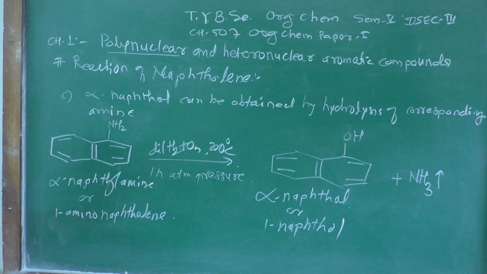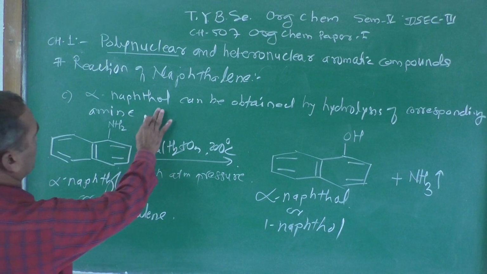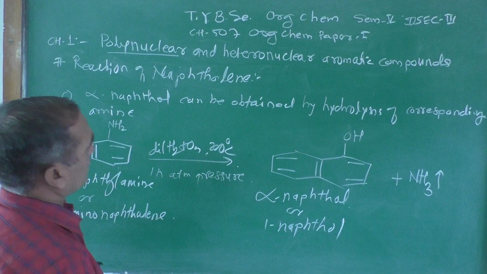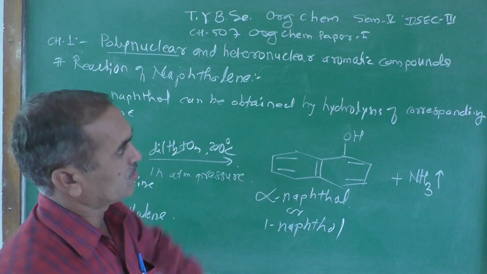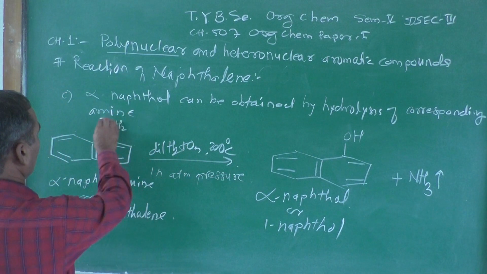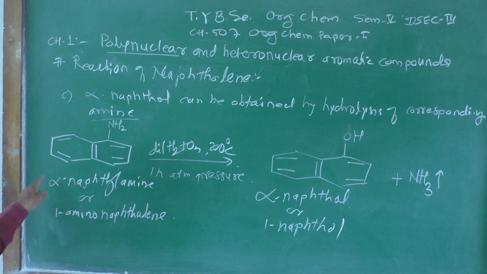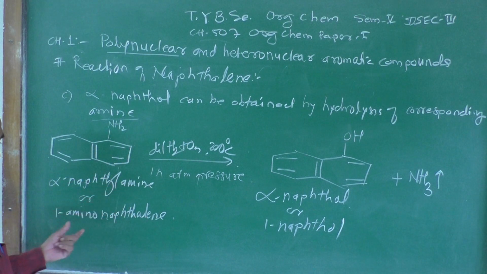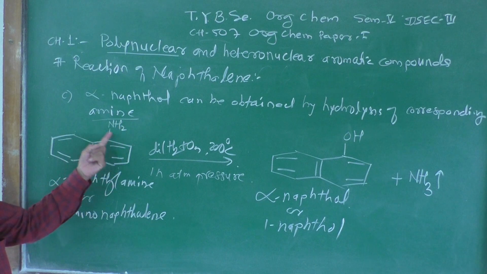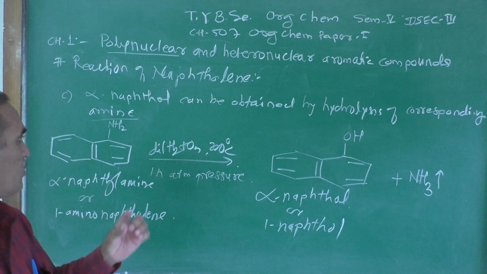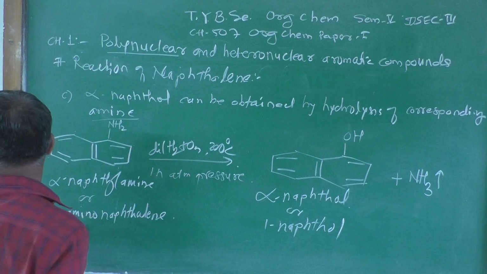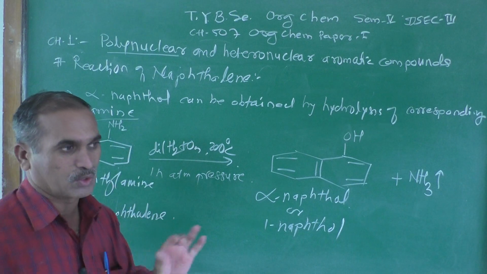So make the correction over here. The starting material which we are using, alpha naphthol, can be obtained by hydrolysis of the corresponding amine. The amine which we have taken in this case is alpha naphthylamine, or the IUPAC name of this compound is 1-amino naphthalene. This functional group is known as amino, just like chloro, fluoro,